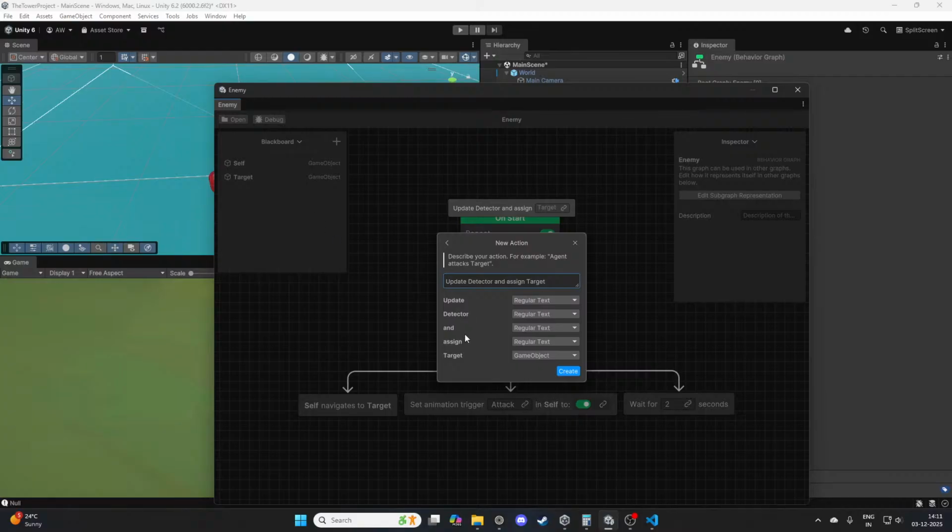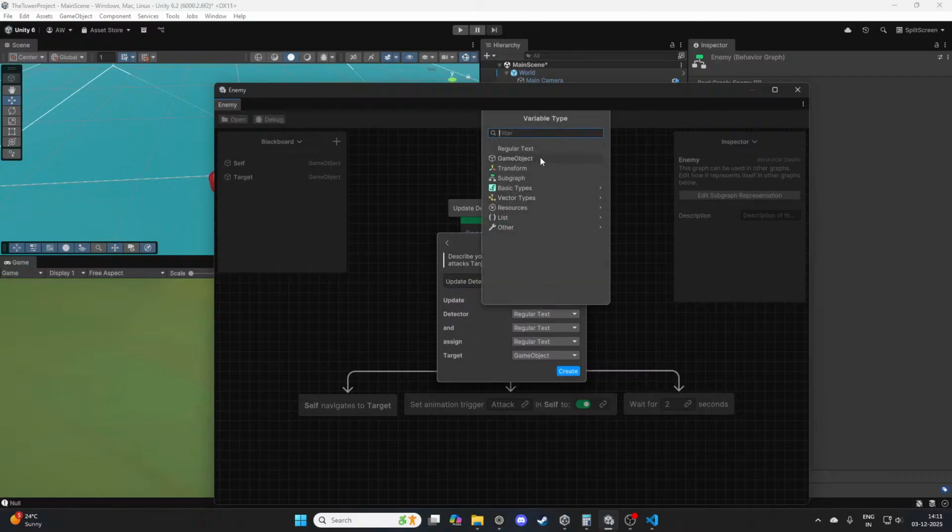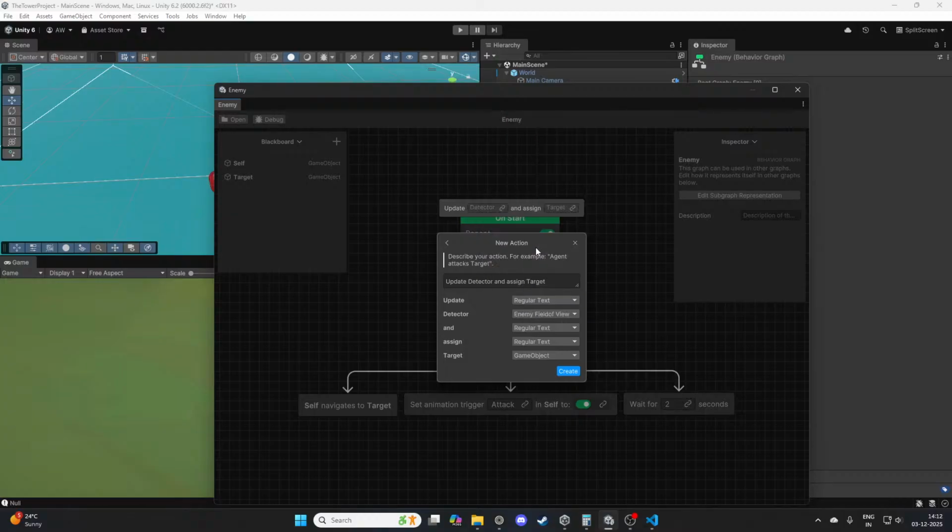Okay, it will take it in detector. Mono behavior. Where is it? Enemy field of view. Okay,